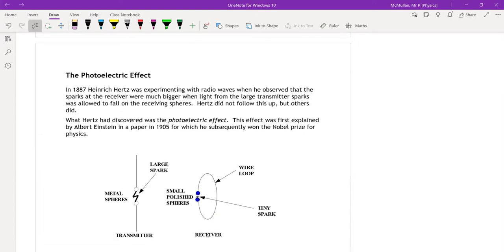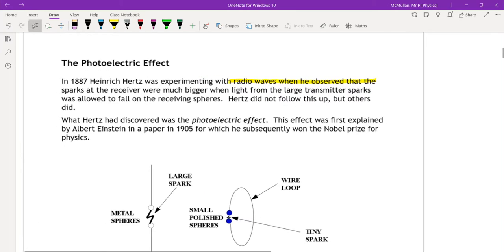To start with though, we're going to look at an experiment called the photoelectric effect. In 1887 it was discovered that radio waves, when observed in an experiment, were creating sparks that were much bigger when the light from the transmitter was allowed to fall on receiving spheres. That doesn't mean much to you just now, but we've got a video we'll watch in a minute. So basically he sent radio waves across the air in the room, and sparks were experienced between two